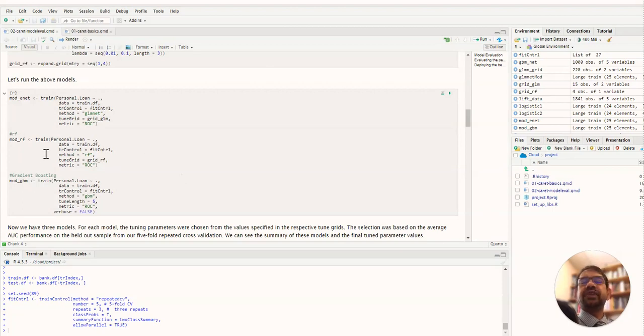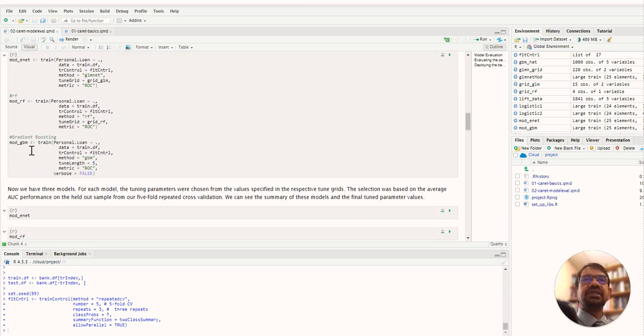For random forest, we can just change the method to RF. So this is how easy it is in Caret to run different algorithms. And then we will change the method to GBM. Now, one thing that we have to be mindful of is that each of the models that Caret runs has